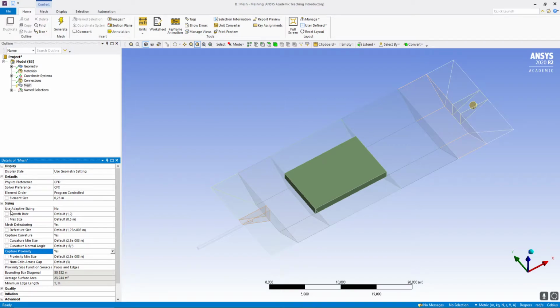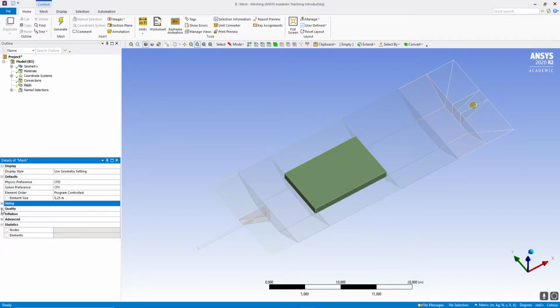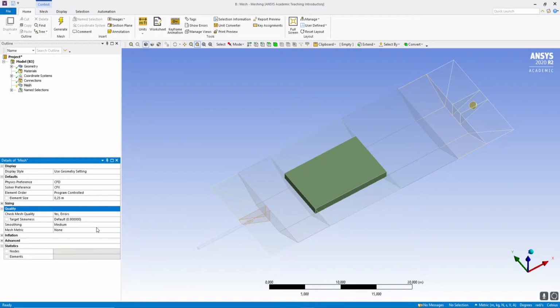Now what you're gonna change, you can collapse sizing and expand quality, and you're gonna change smoothing to high. Smoothing is something that happens when the mesh is being generated, and especially in the connection regions as well. Okay, so you increase the smoothing so you have a more smooth transition from region to region, or from elements to elements. Okay,